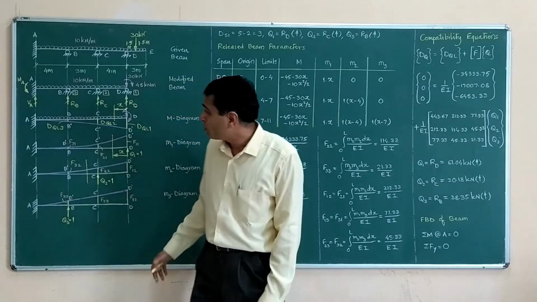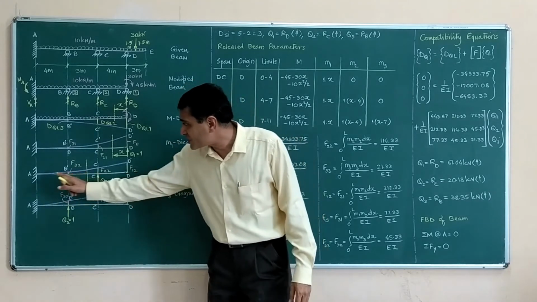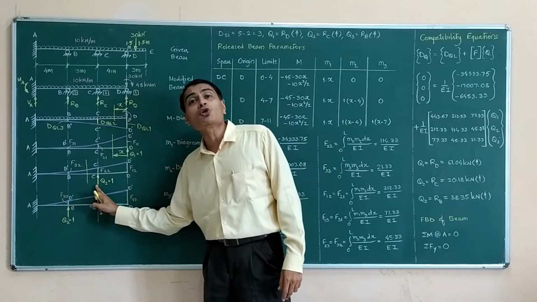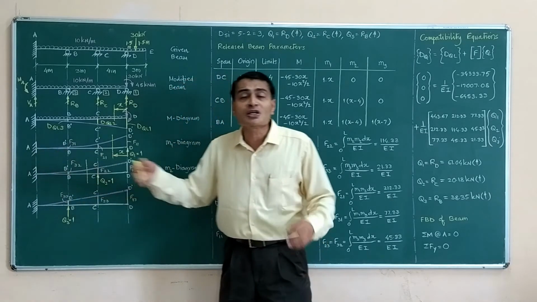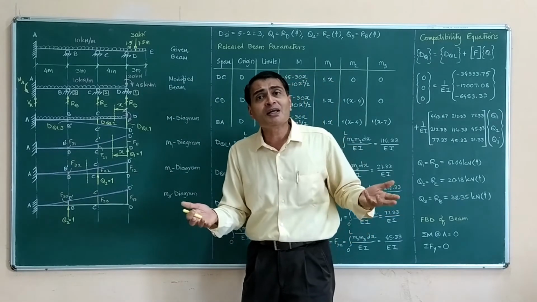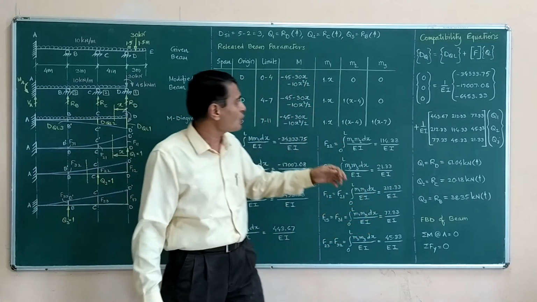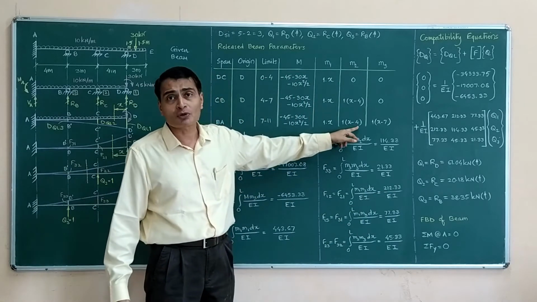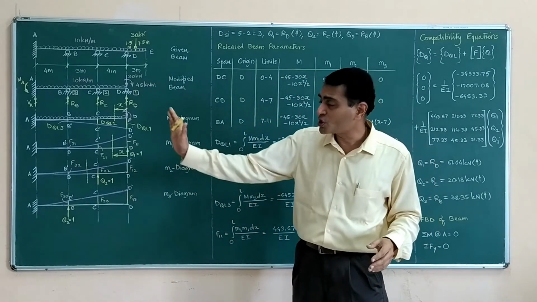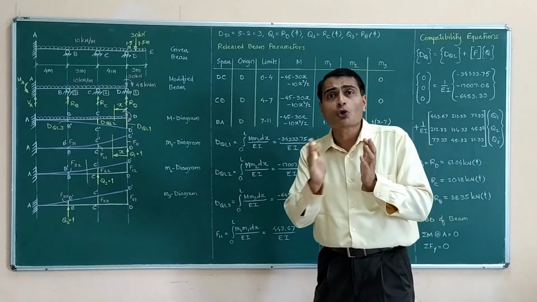And similarly, when the section goes here, again the large distance will be X, this distance is 4 meters, so the remaining distance from Q2 equal to 1 up to the section is going to be X minus 4. X value will be large, no doubt. So again my bending moment is sagging 1 into X minus 4, that is what I have written here. I am just hoping that you are understanding section positions in various spans, what is hogging, what is sagging, you are following perfectly.